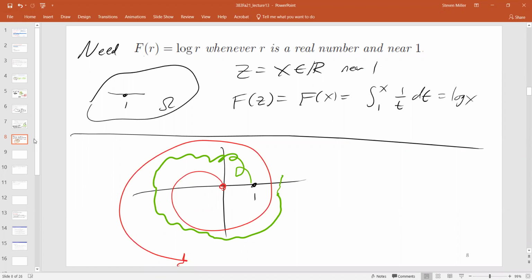And that's the difference. When we're walking along the circle, if there's no branch cut, I can start at 1, go all the way up to i, then -1, -i, and come back up to 1. And I've increased my value by 2 pi. And so now I'm associating 2 different values of theta to the same point, the point 1 plus 0i. And so we want to have something well defined.